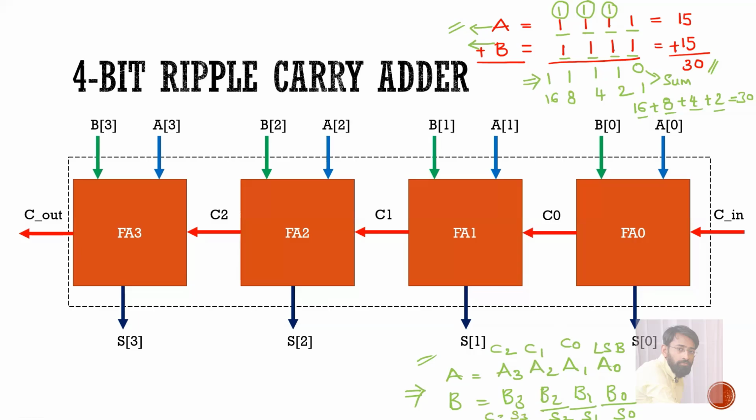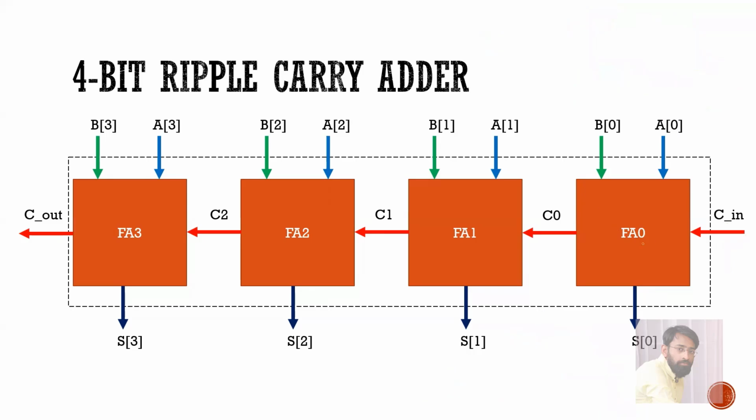Similarly, carry as C3. See here, Cin is nothing but the initial input. Initially the carry won't be present. So carry can be either 0 or 1. Suppose initially carry is not there, then Cin should be taken as 0. And later by computing each and every bit, you'll get the answer. You need to start from the least significant bit and go towards the most significant bit.